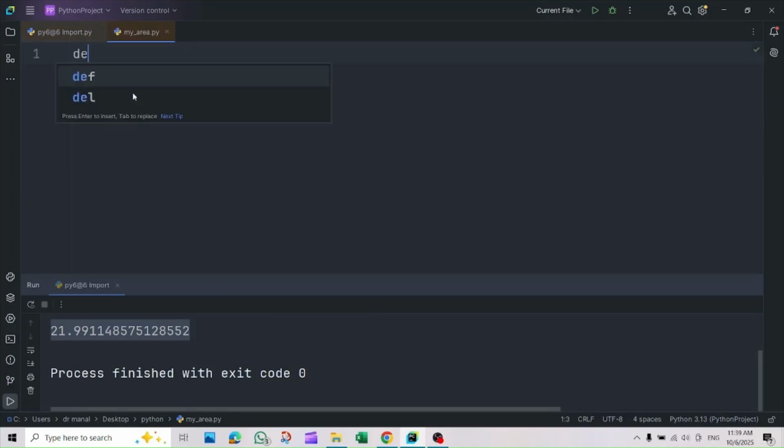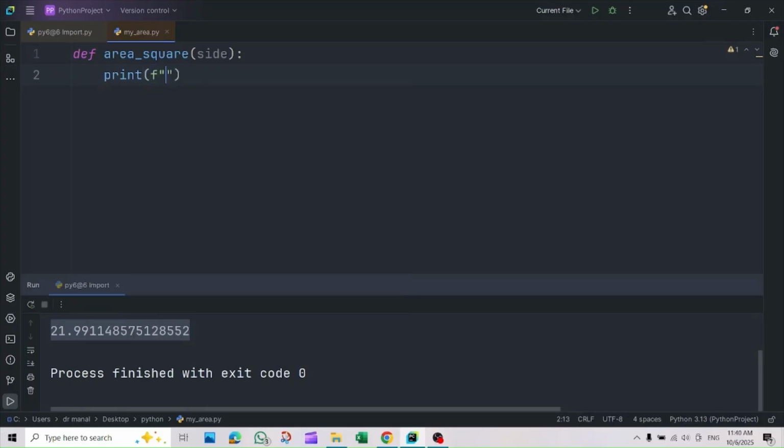And let's have our first function here, to define the area of a square. So let's have here area underscore square with the argument side. Let's have our colon in the end, and let's print using the f string